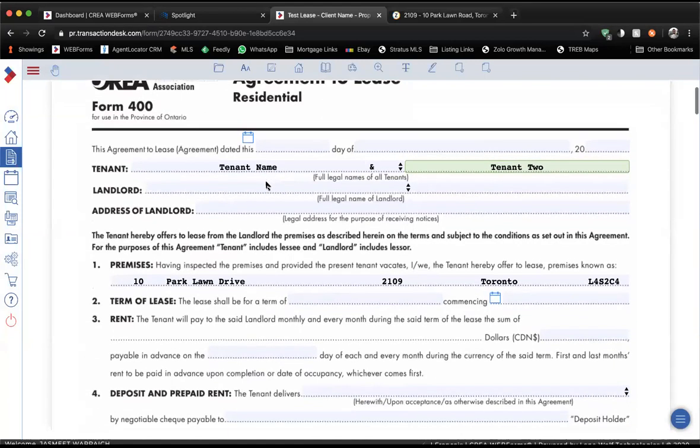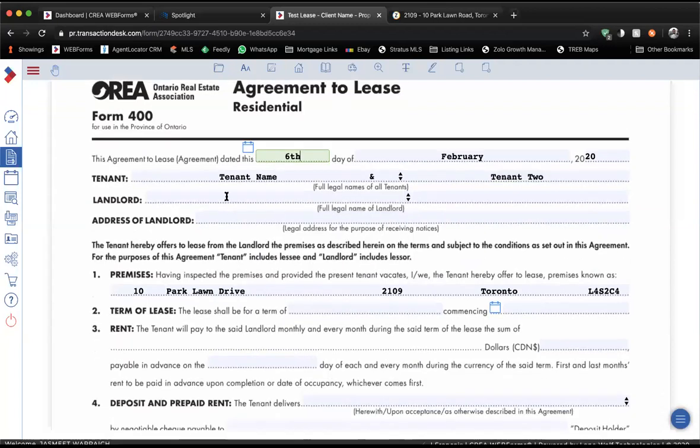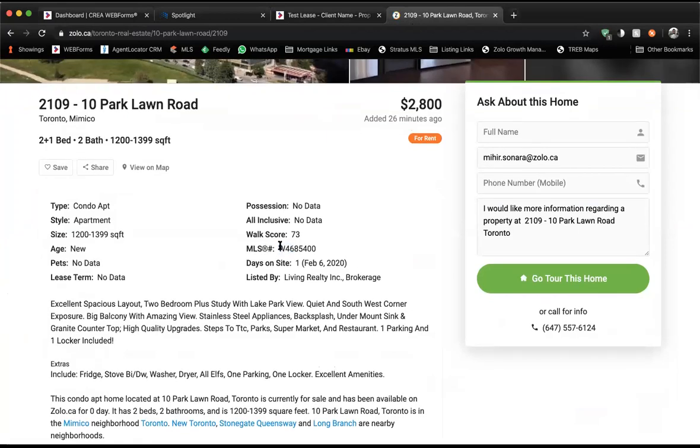Let's go through and we'll fill in some dummy information for this as well. We're going to date this transaction today. Landlord information you can grab from the MLS. So what we'll do is let's fill this in now. On the Zolo listing, you can just grab the MLS number